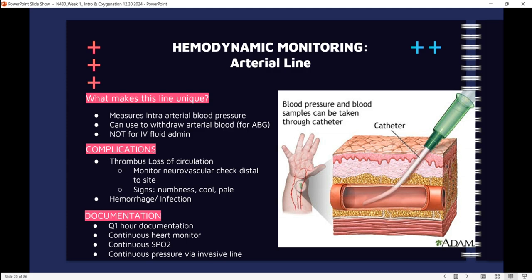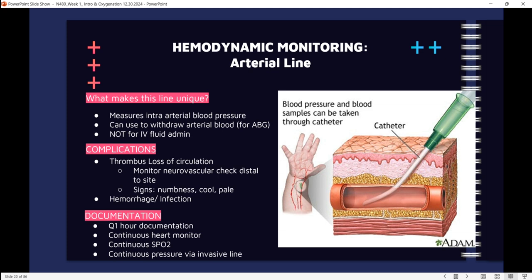Now, the radial artery is not the only site. You can see it sometimes placed brachially, and once in a blue moon, you might see it placed femorally. But the majority of the time, you're going to see it placed in the radial artery. The provider places it, and the catheter almost looks exactly like an IV catheter that you would be placing for a patient who's going to be getting IV fluids or medications. Looks just like that. But remember, once again, we do not use it for fluids or medications